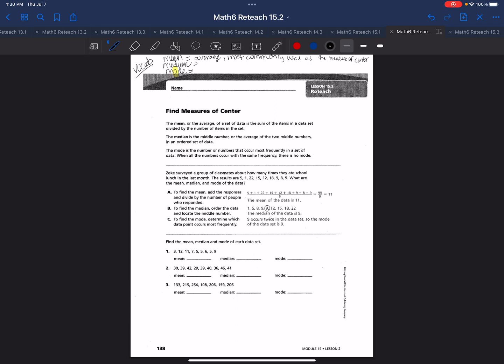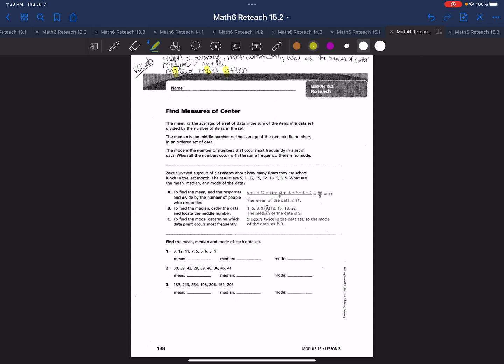The median just means the middle number of your data set. And mode, I highlighted O because that helps me remember most often. It's just a way to remember that that's most often because there's lots of O's there. Okay, so